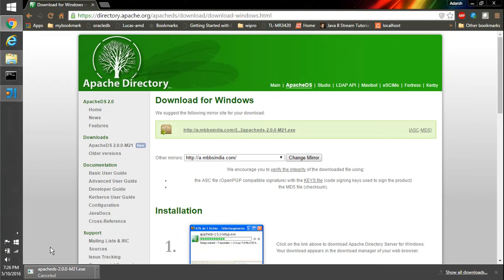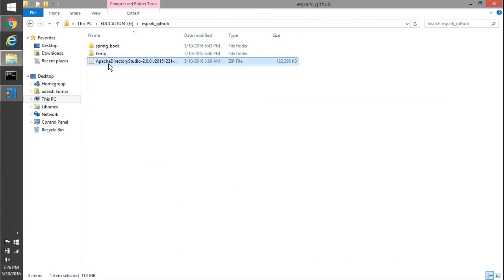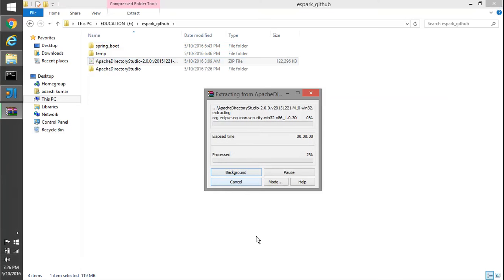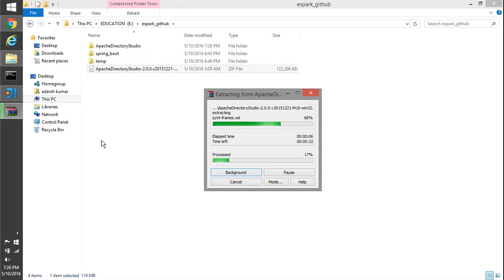So folks, I already did that, so I have my own copy. It will be a zip file, so we just need to extract those files. It's gonna take a couple of seconds.